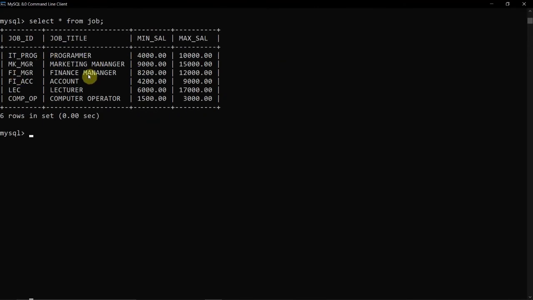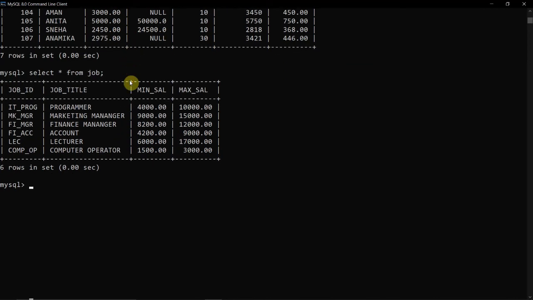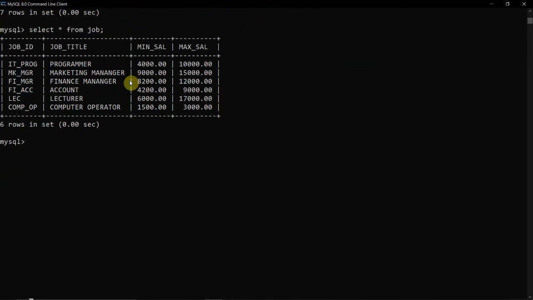Now here I am having these four columns, right? So this is the information of the employee only, but here the job ID and job title are different. So here also the query would be asked in the same way, that get the data of an employee from the database whose minimum salary is this much or the maximum salary is this much. You have to first see from which table you have to take it, then search for the table and the columns, and then run the query. So now if I do it as get the data of an employee whose minimum salary is greater than or equals to 6,000, for suppose.